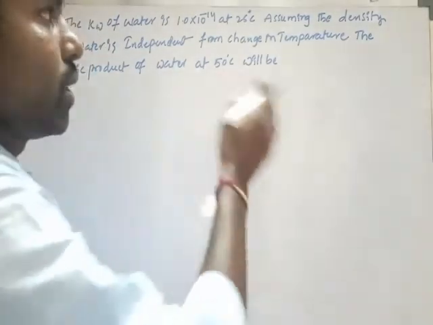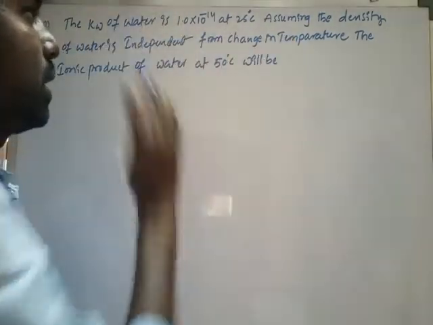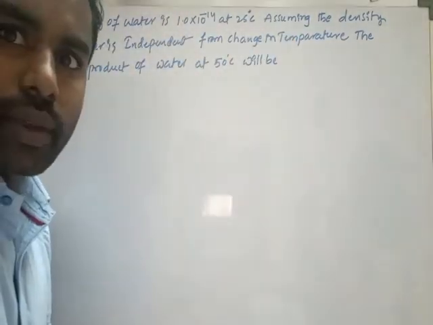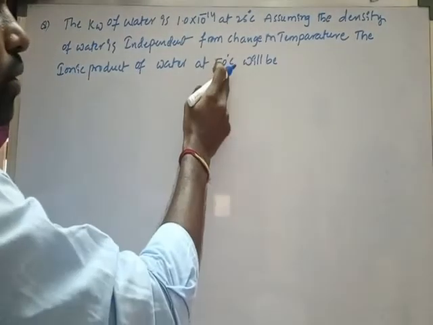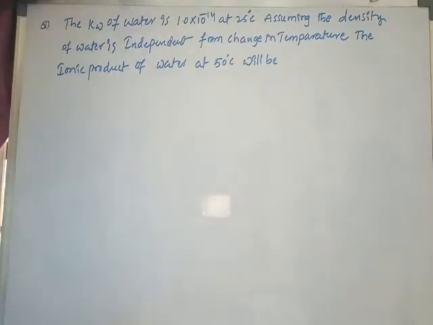While we are changing the temperature, the density is constant. So for this question, if you want to calculate the ionic product of water at 50 degrees Celsius, we have one